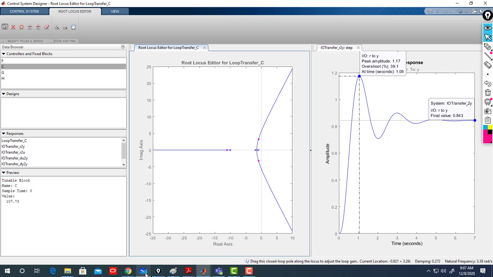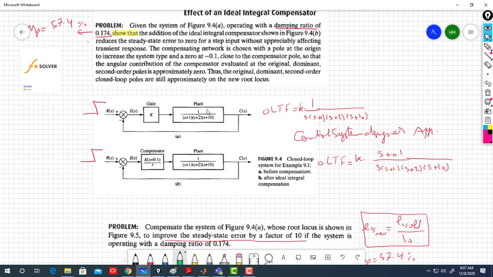So let's see the question now. I put this as in the ISO tool. They are asking you in this exercise, well, that's your system. What we are doing is we're adding on it not only the gain K, but a compensator equal to s plus 0.1 over s. So that's your compensator, s plus 0.1 over s. And then they're asking you to show that the addition of the ideal integrator compensator,